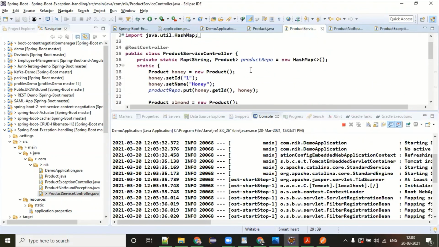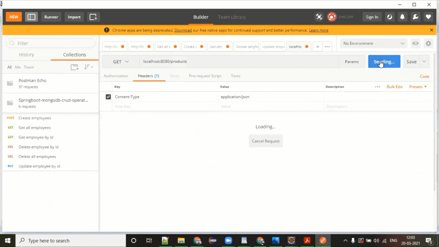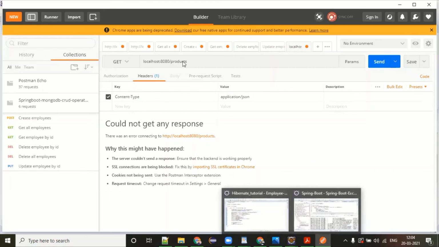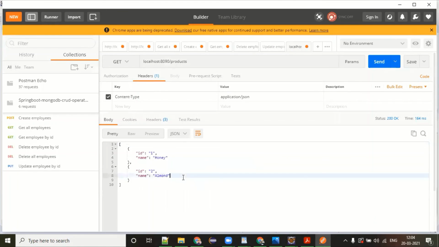Products. So I will go here. I'm expecting all products should come. It's 8090. Yes. Now give a product ID 1. We got product ID 1.